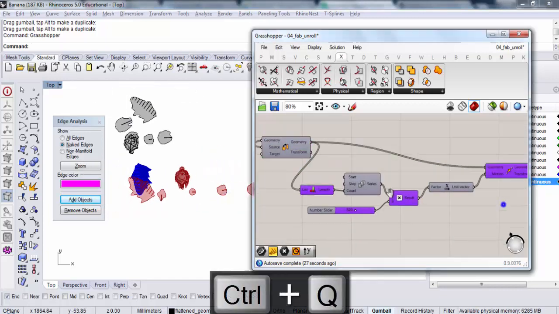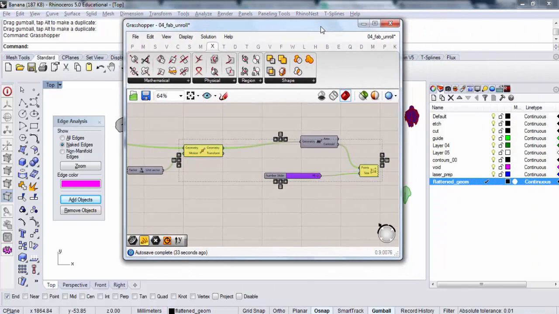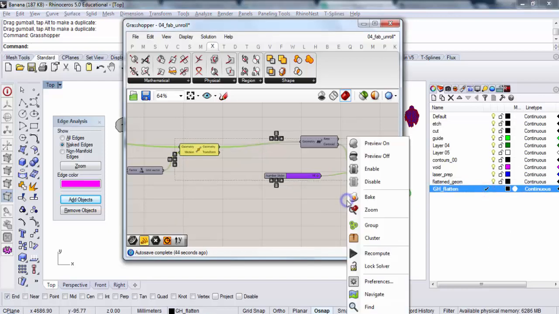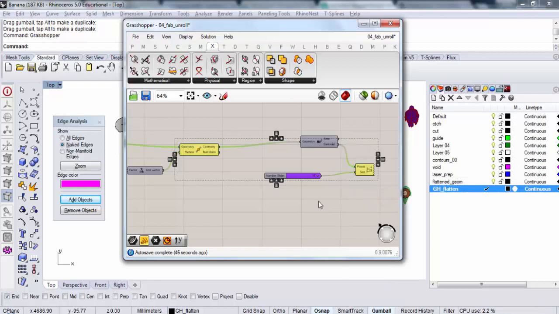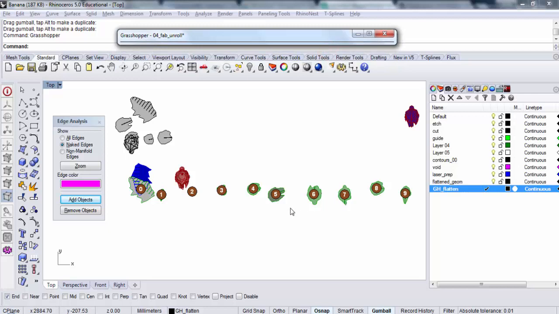And then that one and that one is what I want to bake. And then you just right click here and bake those objects. And you'll notice that that type of